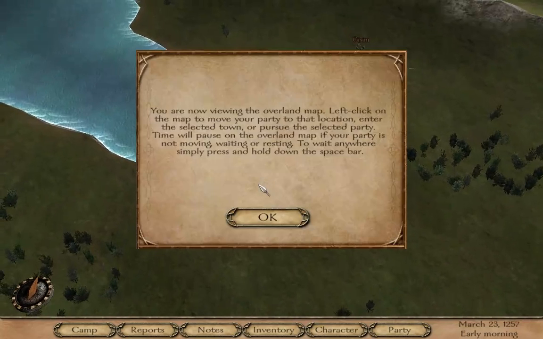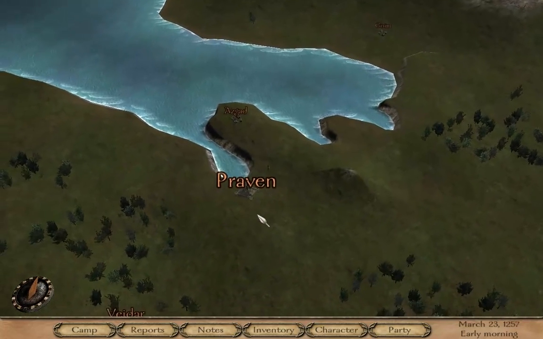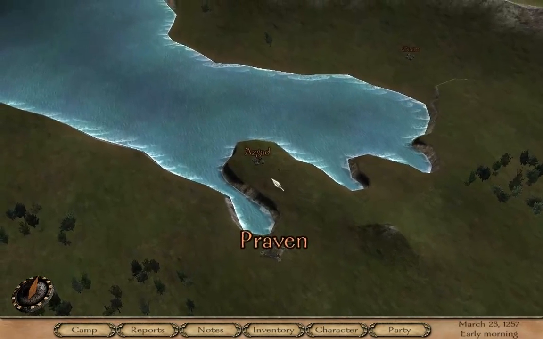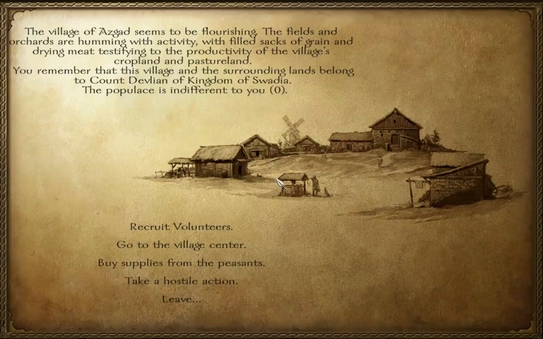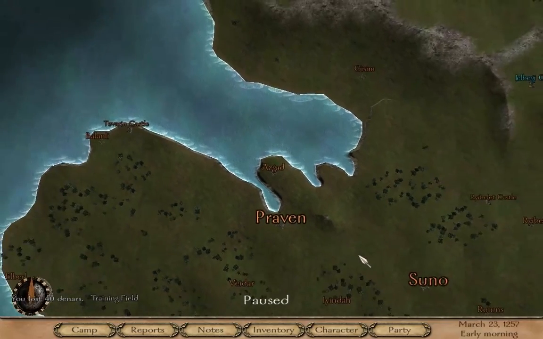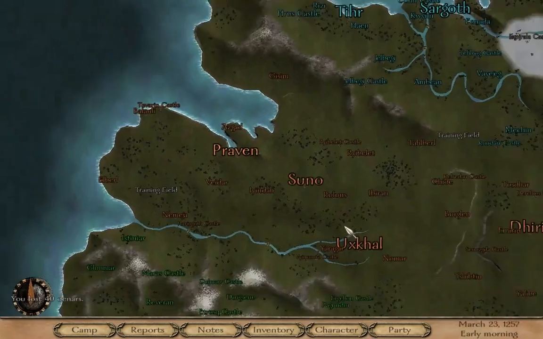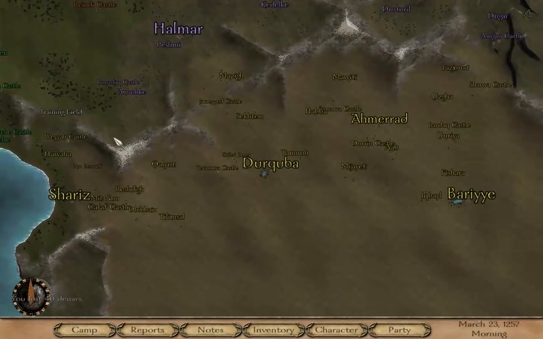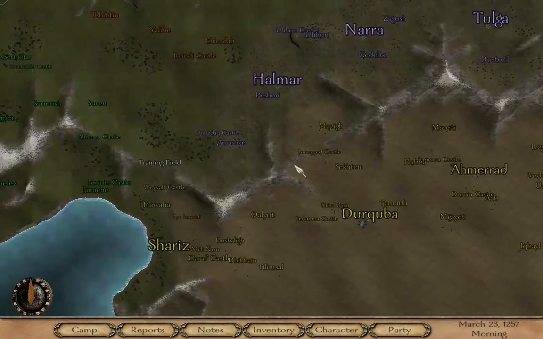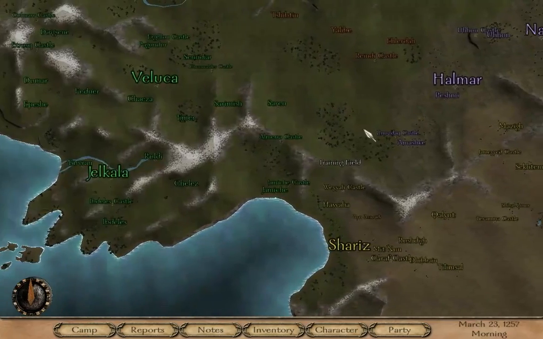The first game I played, I joined the Swadians and I immediately got thrown into these huge walls between everyone else, and that sucked. So be careful who you join at the beginning. Recruit volunteers 4, that's okay, and we need 5. Let's go to the next nearby village. Anyway, the game I'm playing now, I joined the Serenids because they're only neighboring with basically the Rhodoks and the...